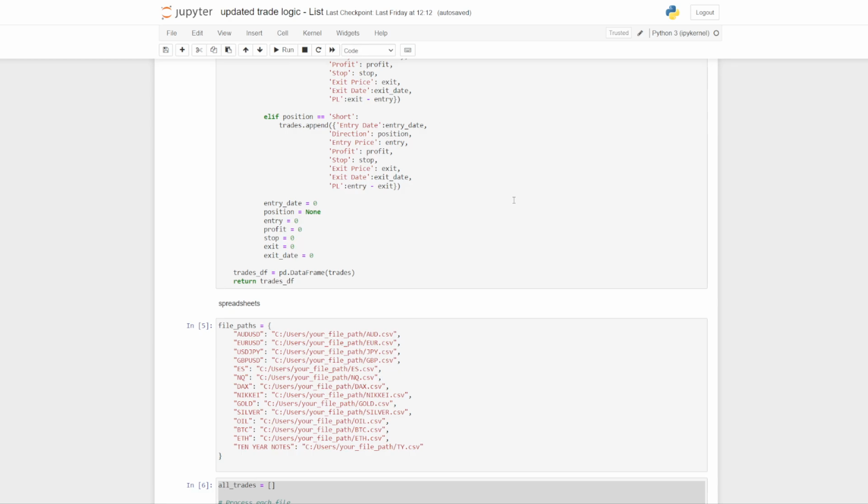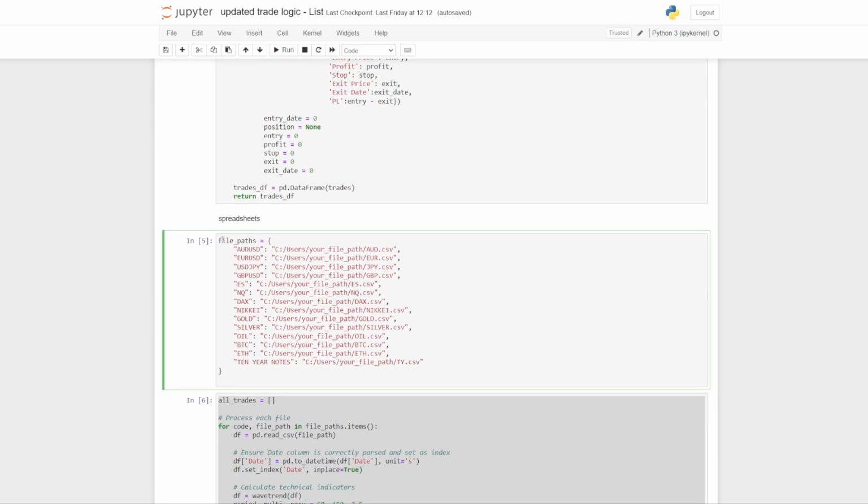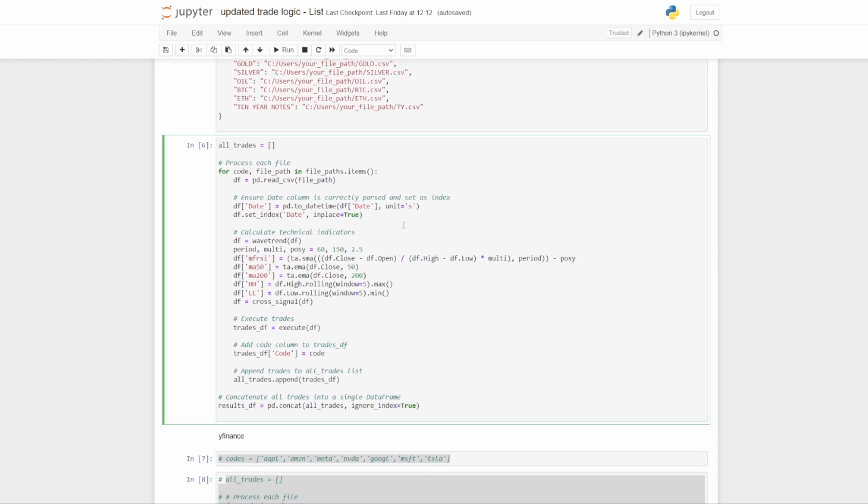And now what we're going to do is we're going to make a list called file paths, and that is going to be, it's actually a dictionary. Okay, so it's going to be a dictionary with a key. So this is basically just going to be your spreadsheet path, but we're going to just attach a key to that. Okay, so as we come down here now, we're just going to run a loop